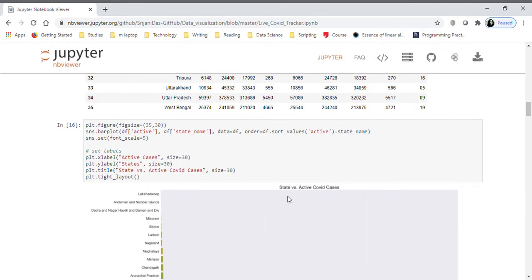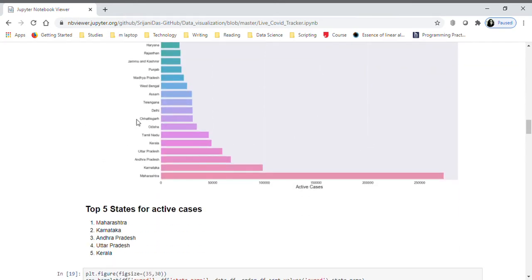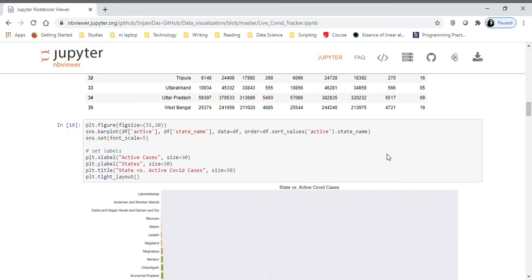That's what we did. Dot state name. So order the state names with respect to active cases. That's what I did.